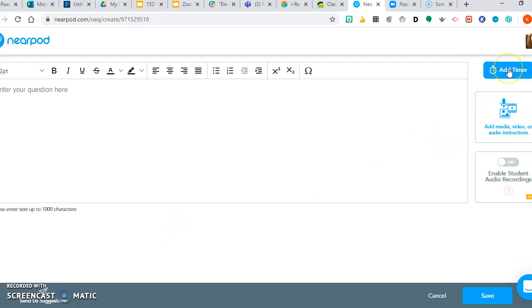Again, same features. In this case, open-ended, I do tend to use the timer most commonly. Just be sure as you're beginning to use the timer with students that you are letting the students know that within the student application side of Nearpod, the student-facing side, the timer will turn yellow to warn the students that time is winding down, and it turns red when students absolutely need to submit